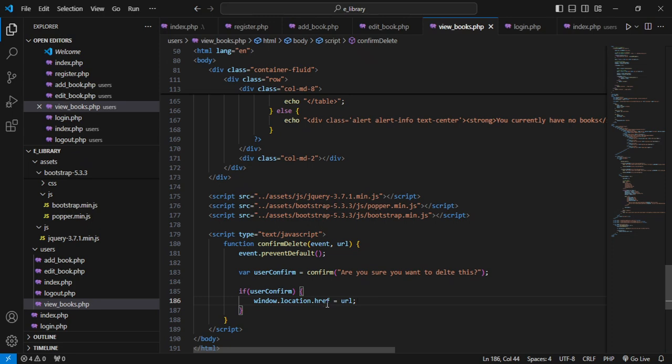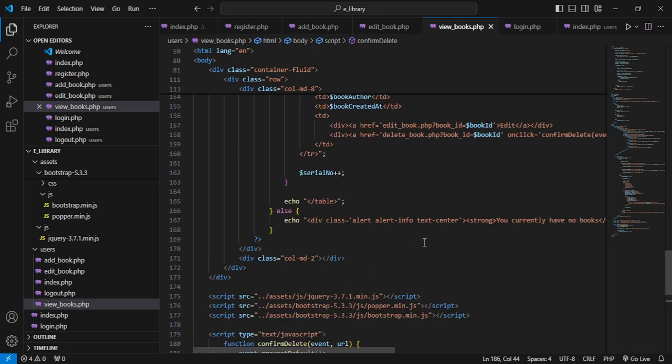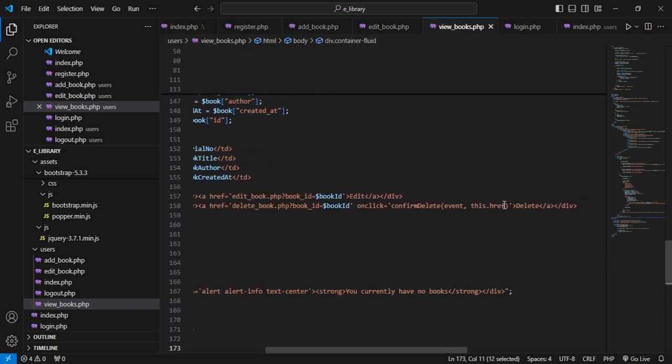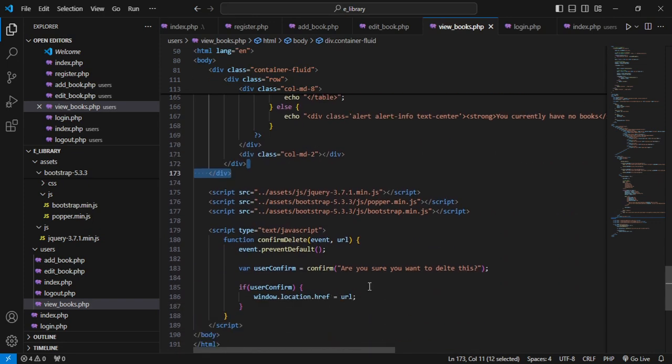So basically, this is a JavaScript function. With this in JavaScript, you can actually redirect the page to this particular link, and that link we're getting is this URL, and that URL is the one passed here, which is the URL of this current place. So it's passing it into this, and it's passing the event, and with the event we can prevent the default thing which takes you to the link once you click on it, and with that we can actually confirm. Then you see URL. So if I refresh this page,